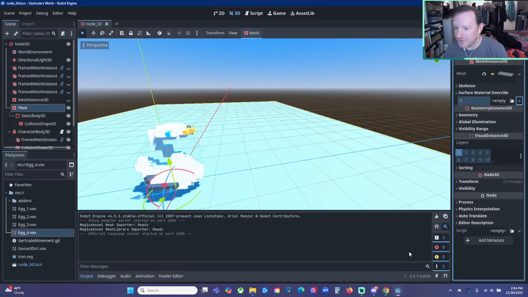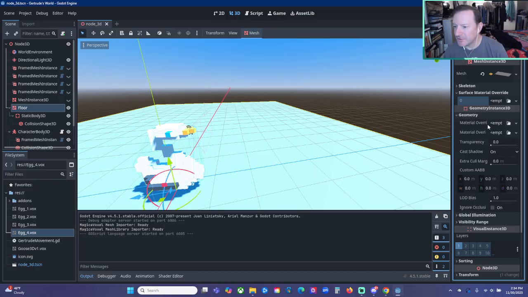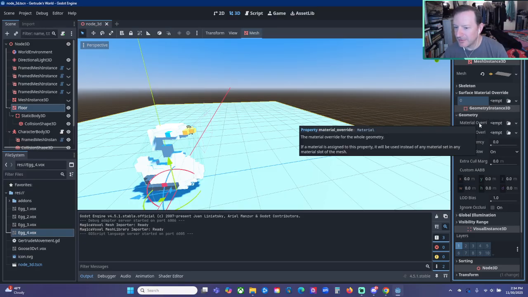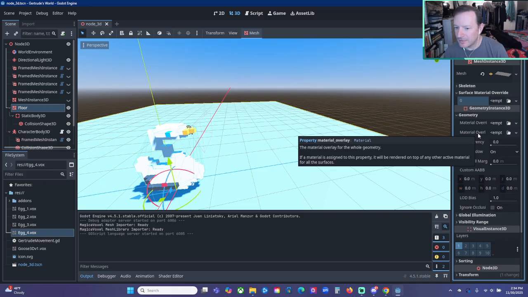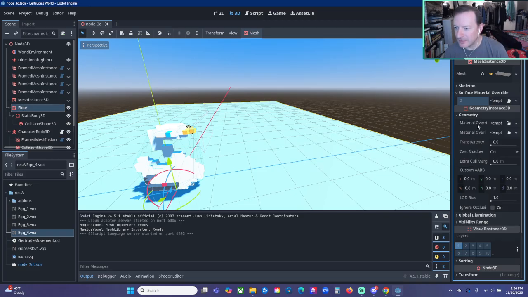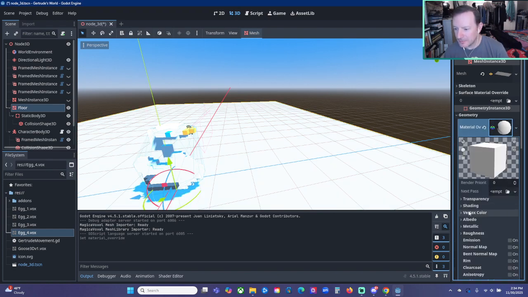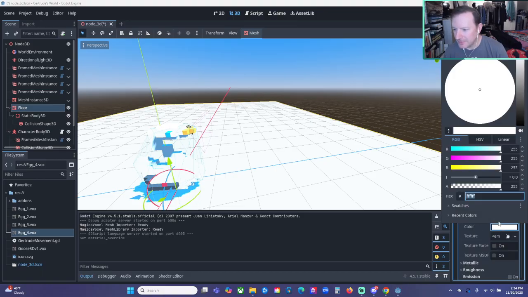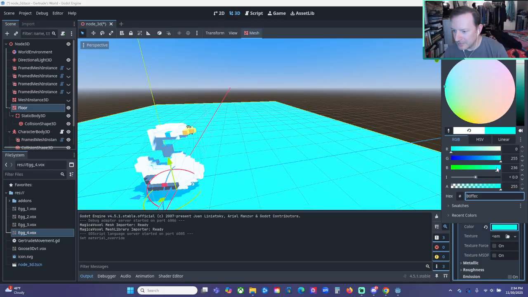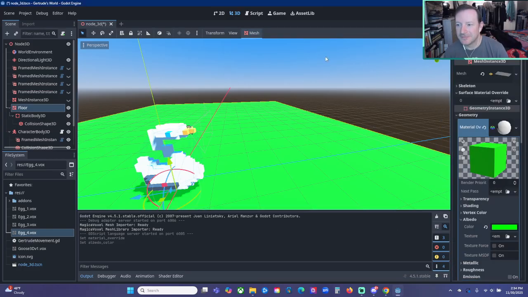It was under geometry. Material override. Oh, okay, yeah. Here we go. Nice. Let's go. All green for now. Green. Save it.